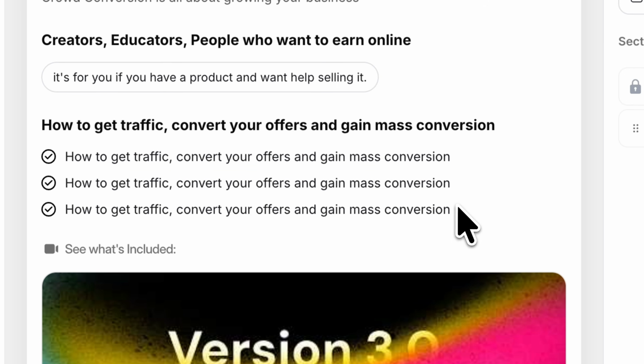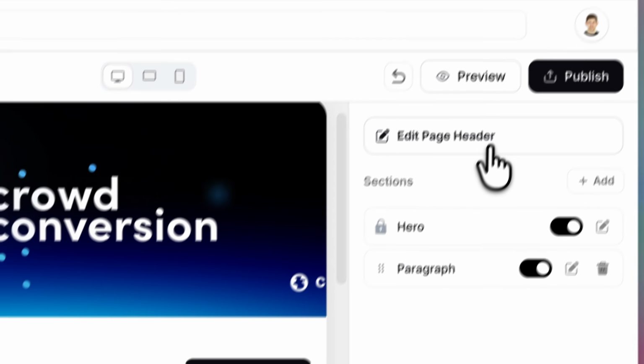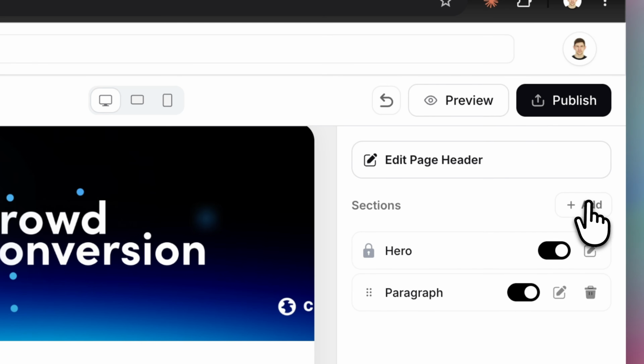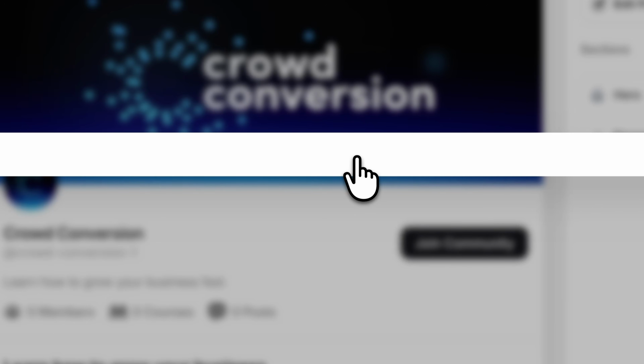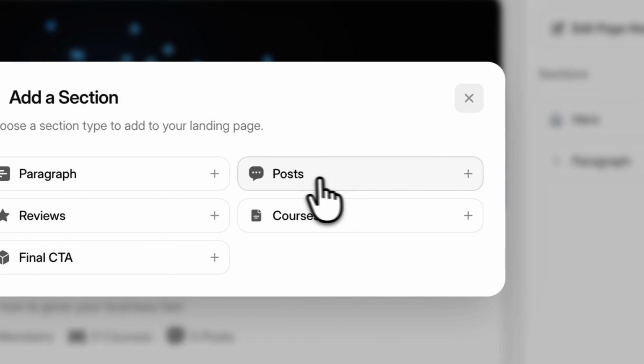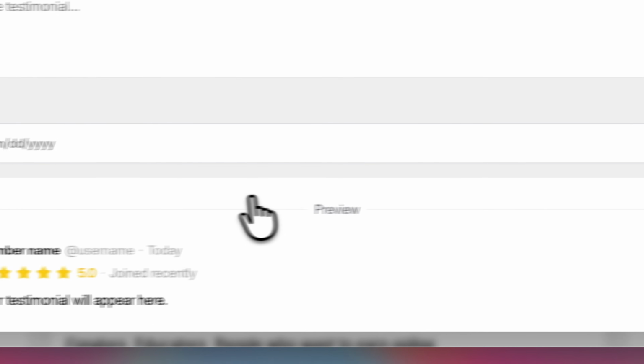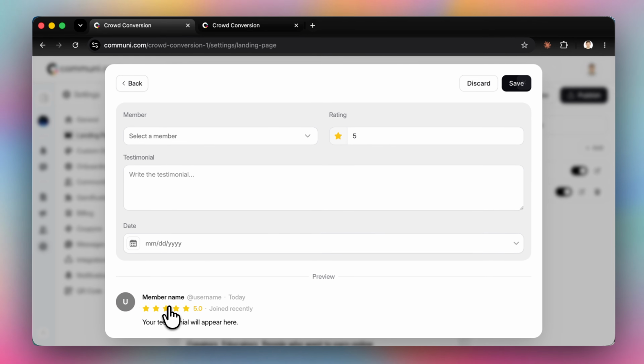You can have a look at how this looks. This is still a little bit of a work in progress, and we're still making some updates to it to make it even better. Now, if we want to add in posts, we can add in posts. We don't currently have any posts, so it's not going to show anything here. But if we did have posts, we could add posts. We can add in reviews. So we can customize reviews and add in information, which is going to show up in our landing page